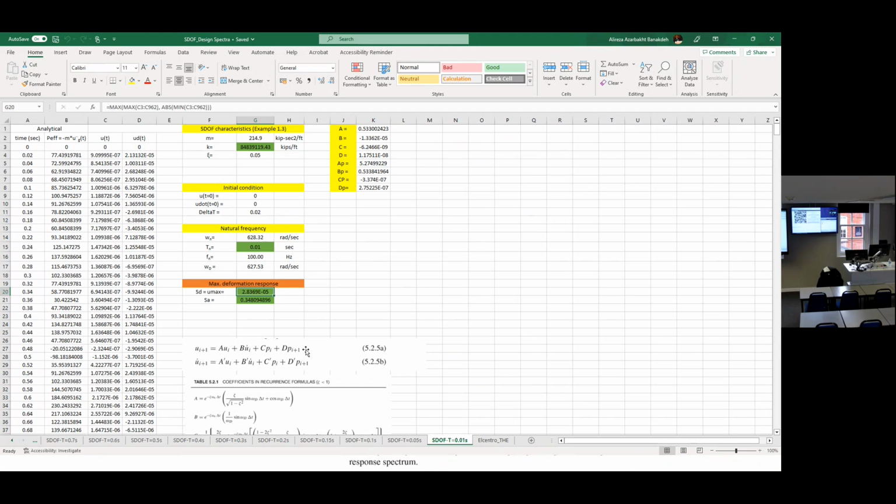And I said I don't like to work with S_T. I like to work with SA. That's why I calculated SA here simply by multiplying the above number by omega n squared. I have omega n here squared. This 32 point something is just because the dimension is feet over square second, and in terms of feet and second, the g, the gravity acceleration, is 32.2. I just divided by this number